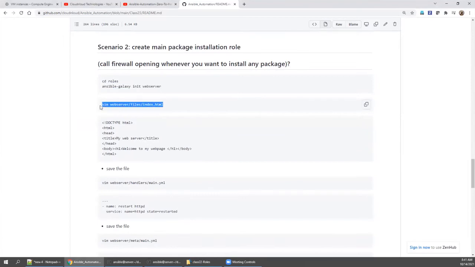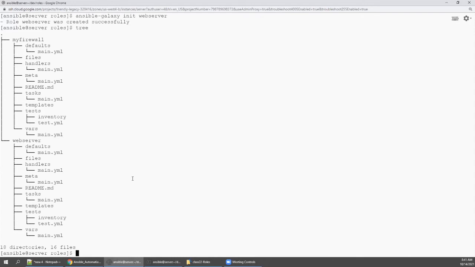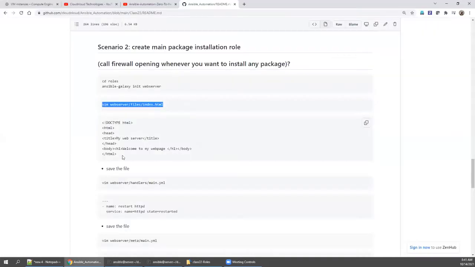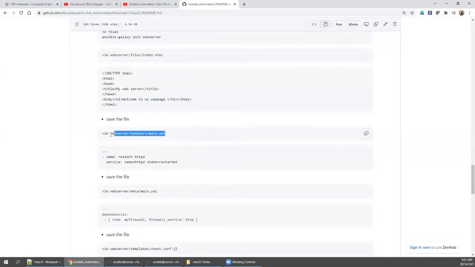Now for index.html, I'm going here. Let's copy and paste the content, and save it.